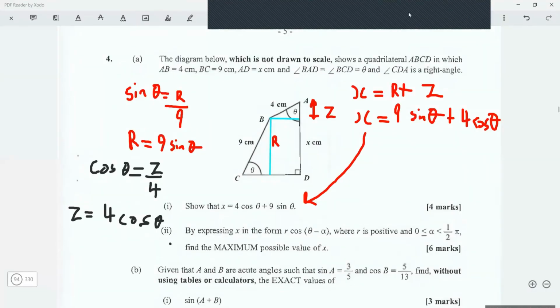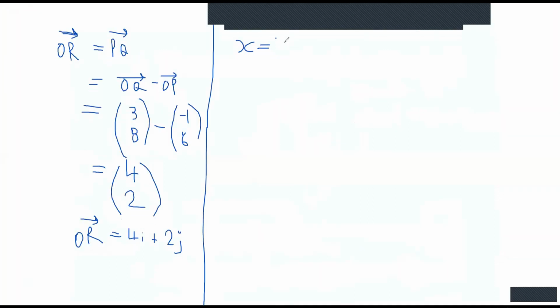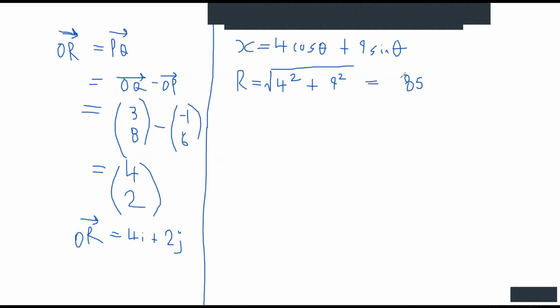So x is 4 cos theta plus 9 sine theta. All right, and now if this is x right here, we can just put it in r form and find out what r is. R is the square root of 4 squared plus 9 squared. 9 squared is 81, 4 squared is 16, 81 plus 16 is